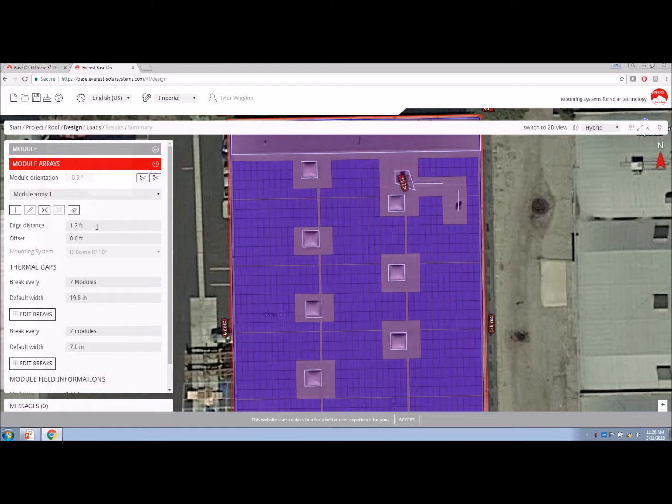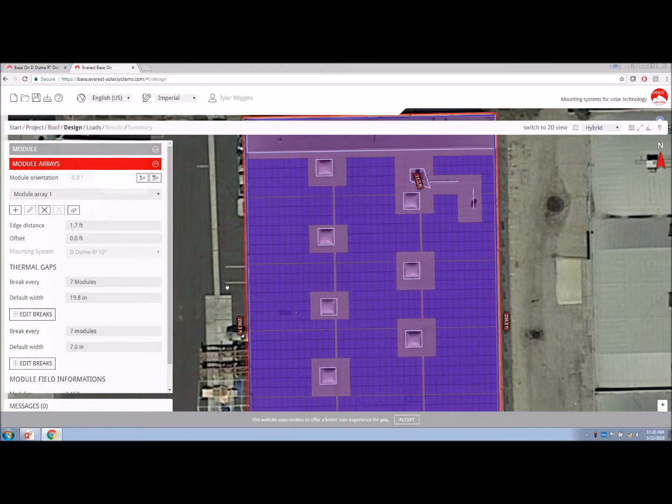So there are some jurisdictions for residential installations of ballasted systems that they may only have a 6-inch or a 1-foot edge distance requirement. So you could, theoretically, for certain jurisdictions, get it as close as 1.7 feet. But we know that this isn't going to work out for this. So this building